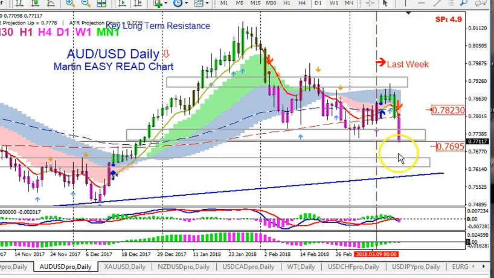Now we move to the Australian USD, and let me tell you that the Australian dollar was one of the weakest last week. It dropped quite a bit. Take a look at this huge bearish candle on Friday. This is the last trading day of last week. So we are now sitting at support. I've drawn in this gray rectangle. And if you think price is going to go lower, then look at sells below